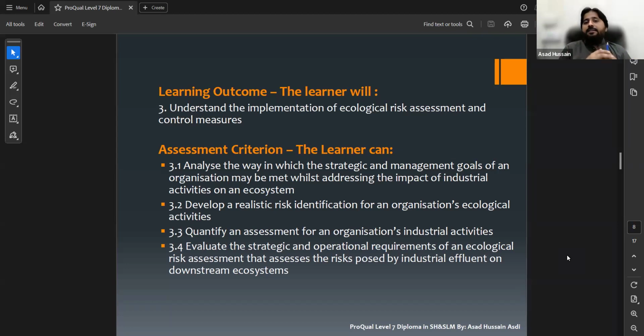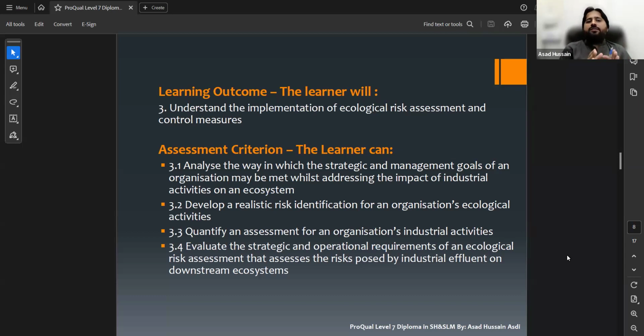So basically this is why it is focusing on industrial activities, because industrial activities are contaminating each component of the environment. So here in this 3.1, it is all about the way in which